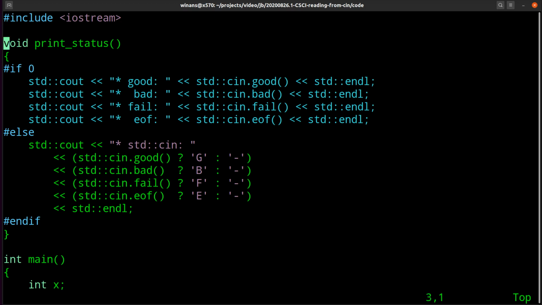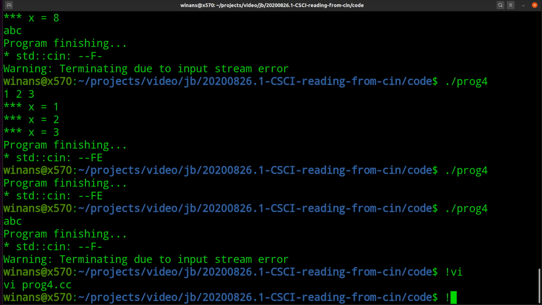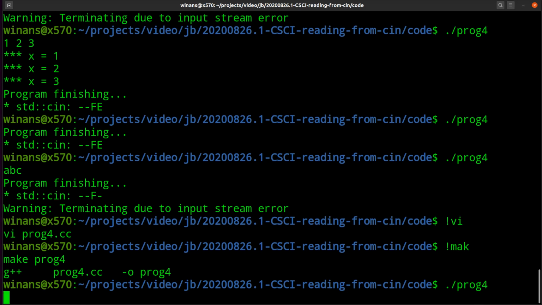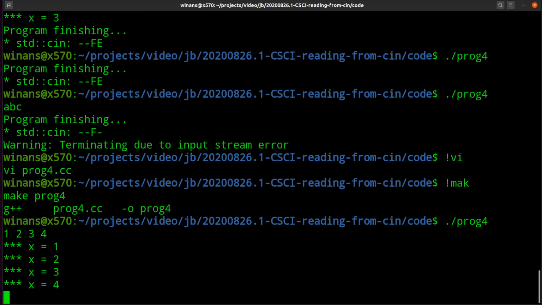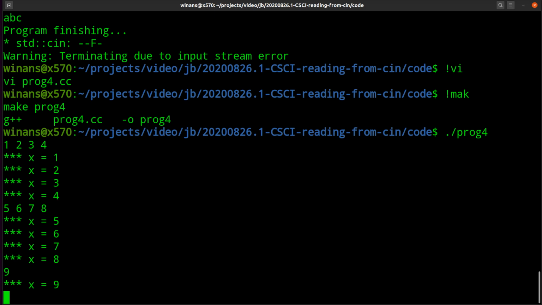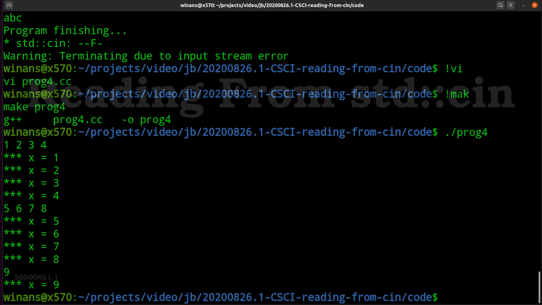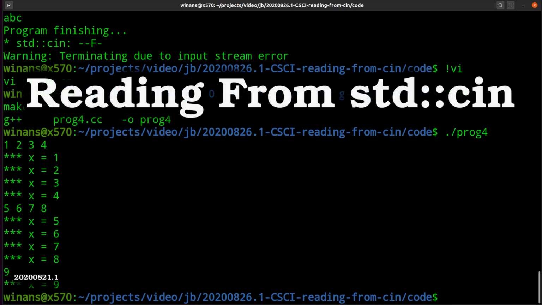You can also, of course, clean up your program by deleting these extra status routines and stuff like that. But I'll leave that as a task for the student. Let's go ahead and run it again. Okay, 5, 6, 7, 8, 9, Control-D, all is well. I typed in 9 items. I see the 9 items, no extra junk, no less. Works perfectly. So I hope this was useful.